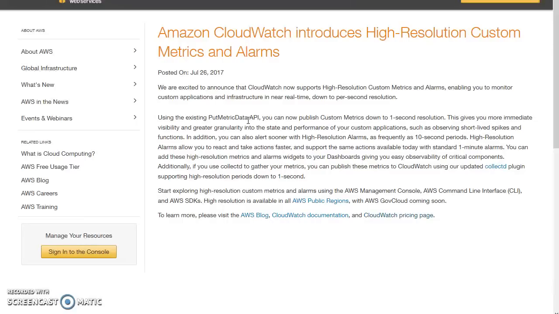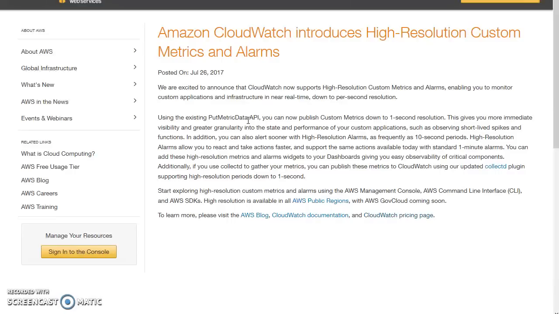And when you are logging it more frequently, it also gives you the ability to create alarms at an even finer level. Earlier it was possible to create alarms only by, I showed you some time back, that when we were creating the alarms, we were able to choose up to 1 minute as the duration of the period. But with high resolution custom metrics and alarms, you can create alarms of up to 10-second duration. So basically, per second you are capturing, and then you create an alarm where the period size is 10 seconds.